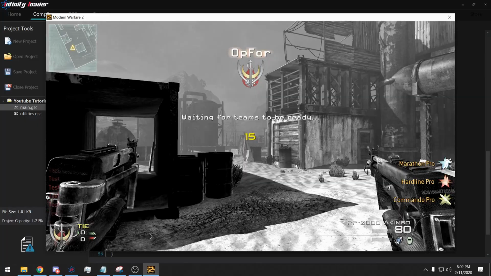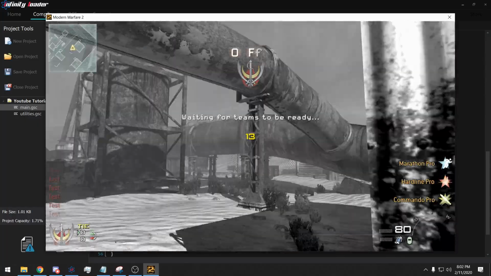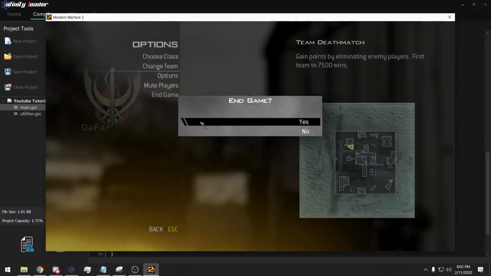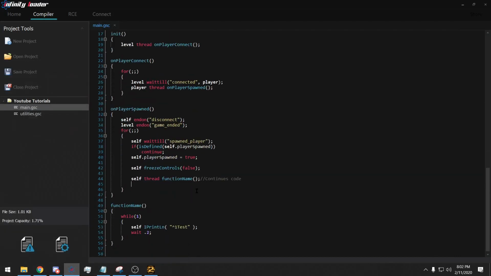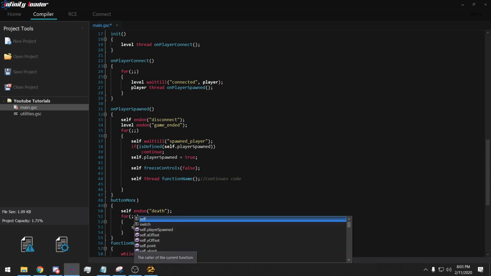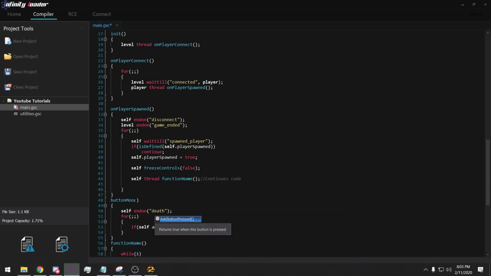Okay, so now it's going to sit there and spam test repeatedly, and that would never stop. So now let me put in a button monitor really quick. I'll explain a lot more about button monitoring later, but for now I'm just using it to demonstrate threading. So we're going to do self endon death, or you could use while in this example too, but I prefer for. And we're going to do if self ADS button pressed,